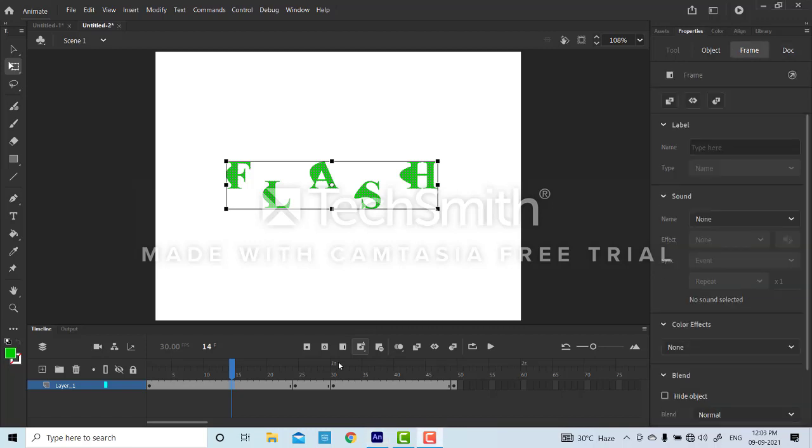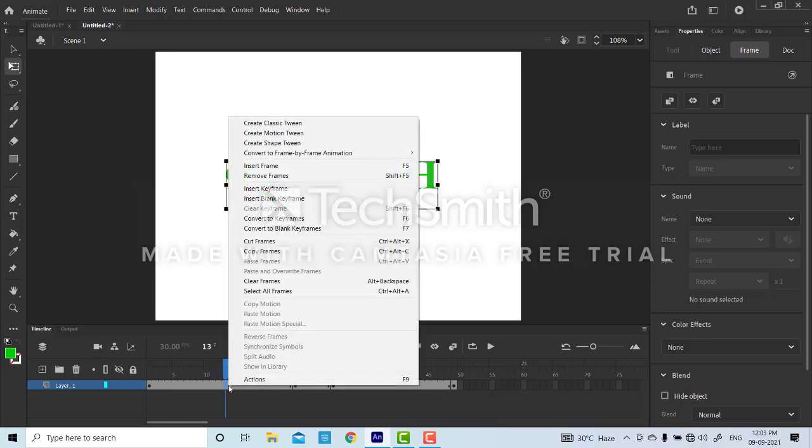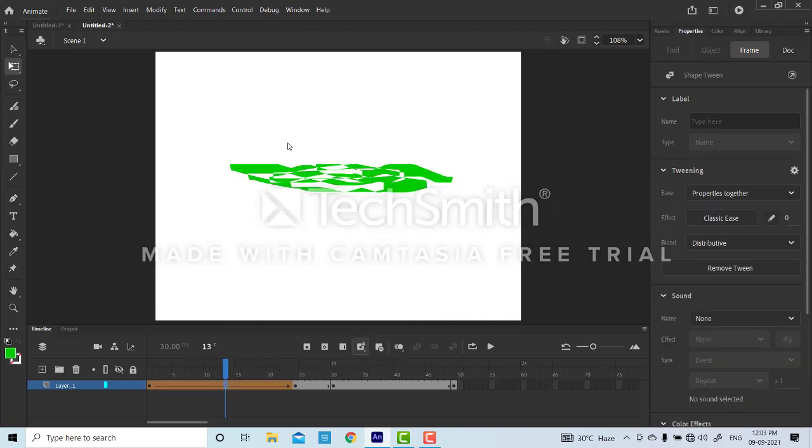Okay, so now you have to apply the shape tween option. Move your mouse pointer anywhere from 1 to 24, then apply the shape tween option. Right click on the frame bar and apply create shape tween. Here is the create shape tween option. Click on that and also apply